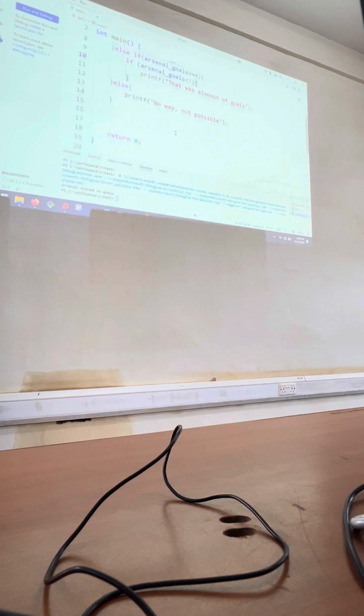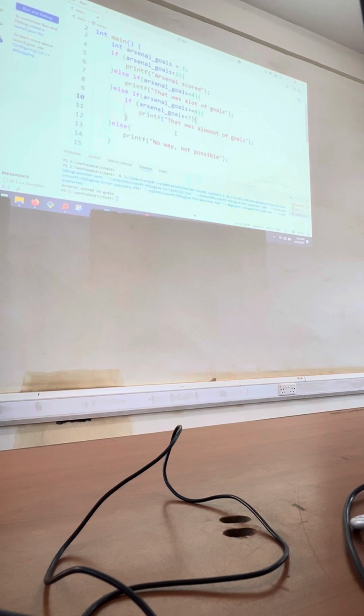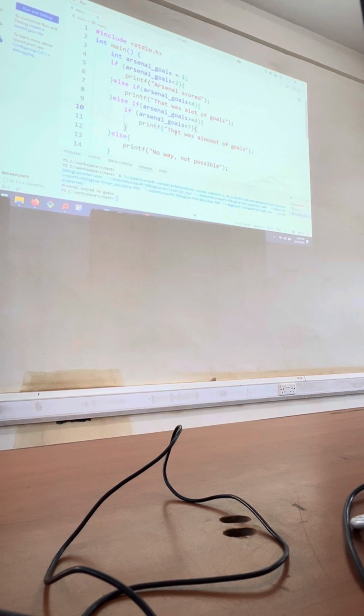Now I'm going to show you something referred to as switch case, and we are going to go through the slides proper, but I want to first show you from a practical perspective. Sometimes you have a fixed value, like in our case here, we have a goal. We have goals.